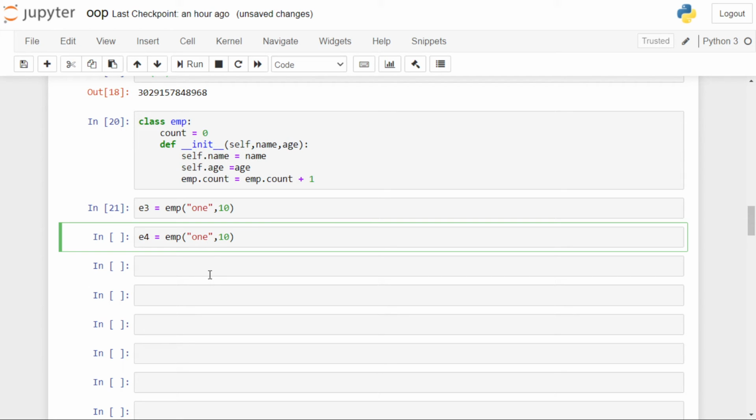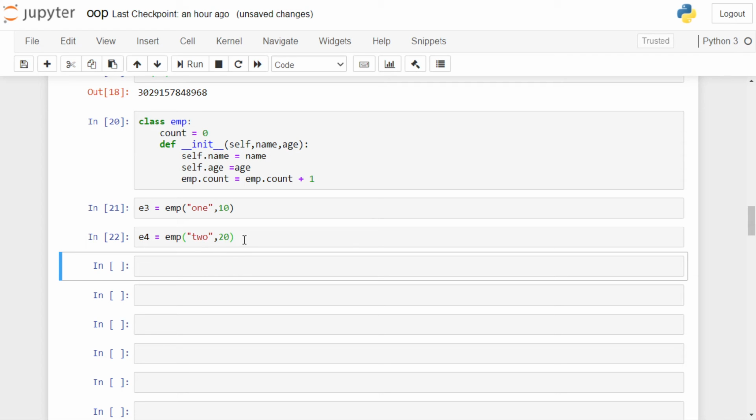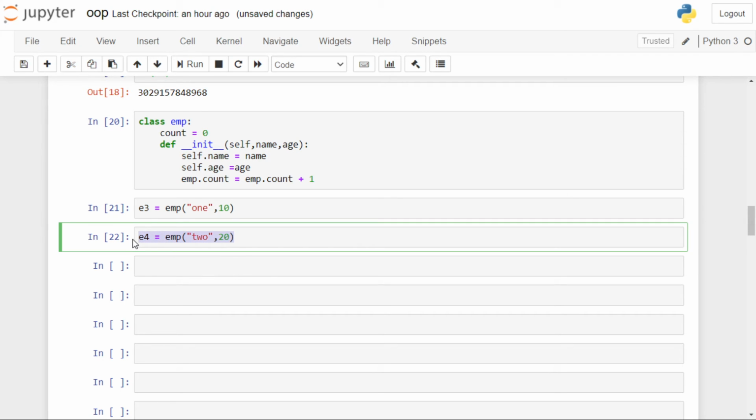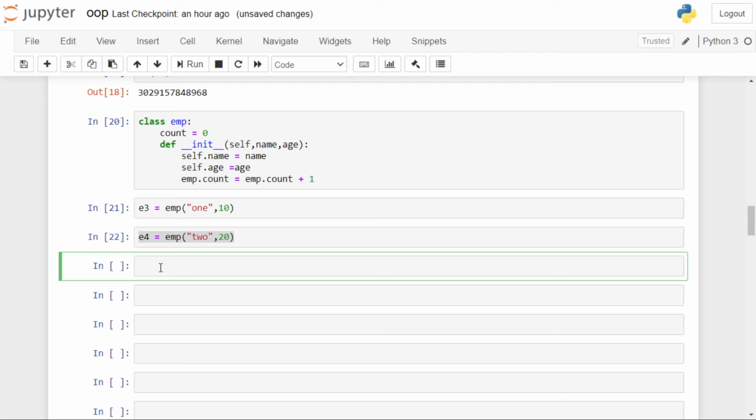The value of name is 2 and value of age is 20. Click on the cell, run the cell. We create one more object E5. Name of the object is 3 and age of the object is 30.